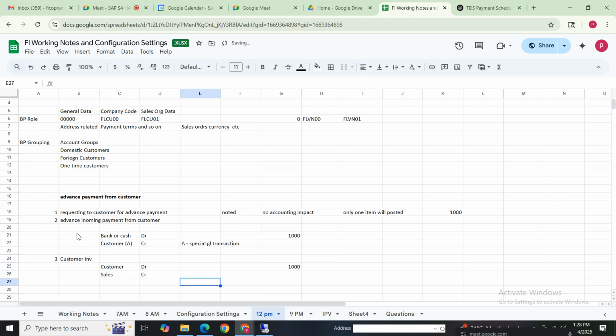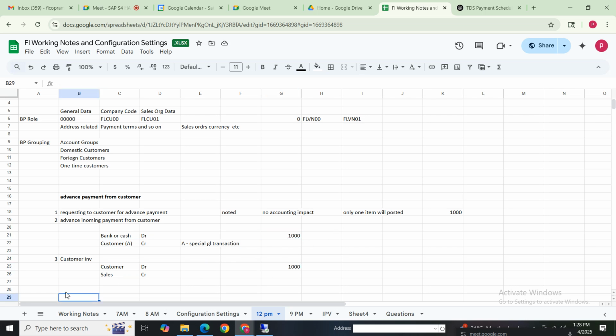Now we already have this advance payment from customer. We already have 1000 rupees with us. Now we have raised one customer invoice to this customer. So do you think that we need to make payment, since we already have the advance of 1000 rupees?